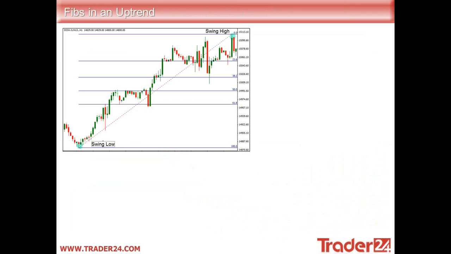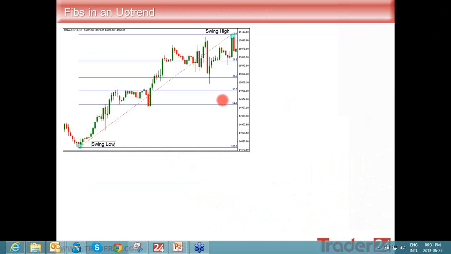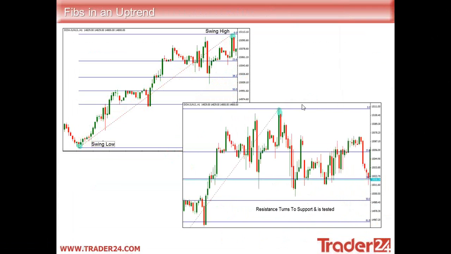Okay, so here we have our first example here, and let me see if I can get up my little pointy tool here. So we've identified our swing low, and we're going to draw this all the way up through to our swing high. There's our Fibonacci retracements. As you can see, our 100, 61, 50, 38.2, 23.6 all been formed. What we're also looking for here is any resistance or support lines as well. And what we do see here is that we do have resistance which turns to support